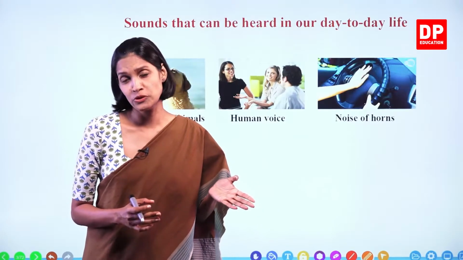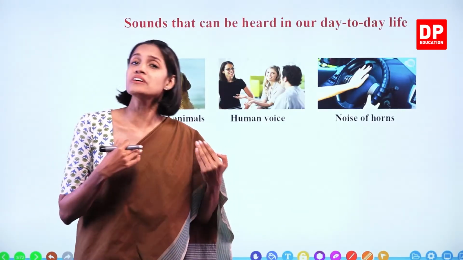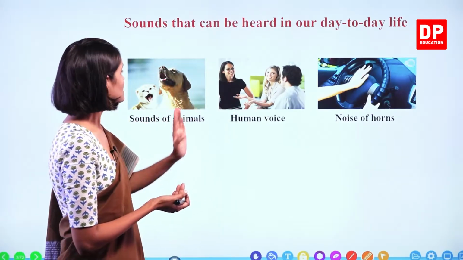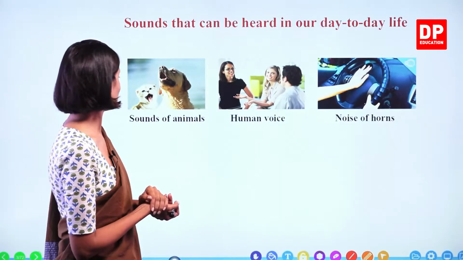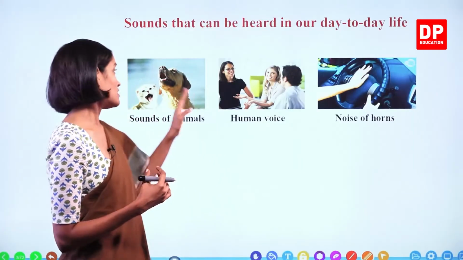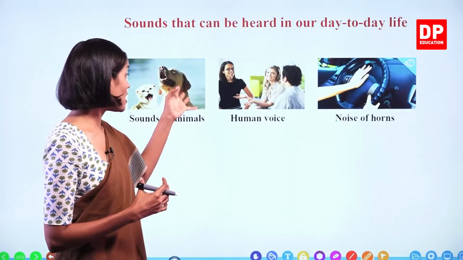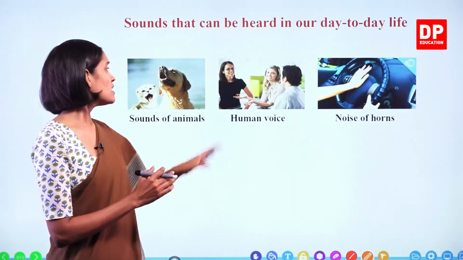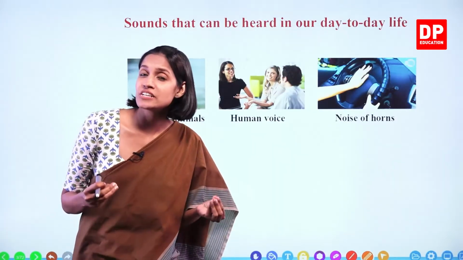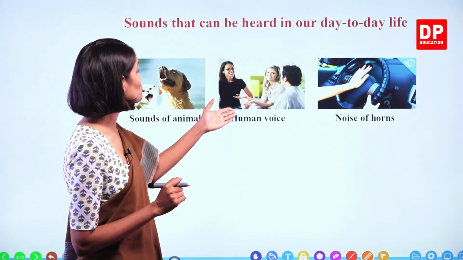As I told you before, in our day-to-day lives, we hear a lot of sounds, different types of sounds. Some of them are very loud and some of them are not. These are some examples, children. What are they? Sounds of animals. If you have pets at home, like cats and dogs, you know how they make different sounds, right? Dogs bark and it's very loud, okay? And at the same time, when you go to the zoo, you know how different types of animals make different sounds, okay?